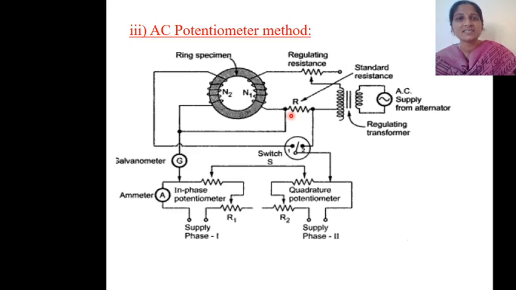In the wattmeter method, you are using a wattmeter. With the help of the wattmeter, you will be measuring the iron losses. And in the bridge method, by determining the unknown values of resistance and inductance of the specimen, you can find out the value of the iron losses. In the AC potentiometer method, you can determine the working component of current. From that working component of current, you can determine the iron losses. So this is about the AC magnetic testing.